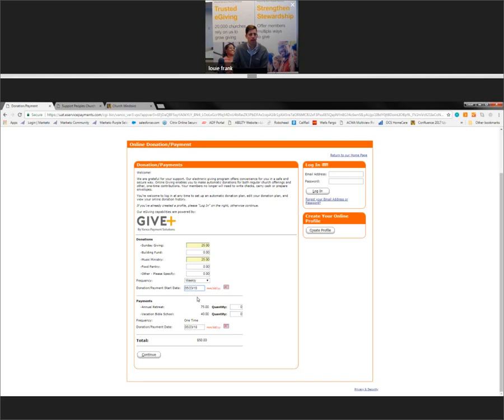The other item that I wanted to highlight here under the donations is payments. We have a lot of customers that use these online giving pages as a way to collect one-time payments. So if you have a summertime event, some of the examples that we have here are an annual retreat, a vacation Bible school, or a golfing event. You can take one-time payments using the Give Plus online